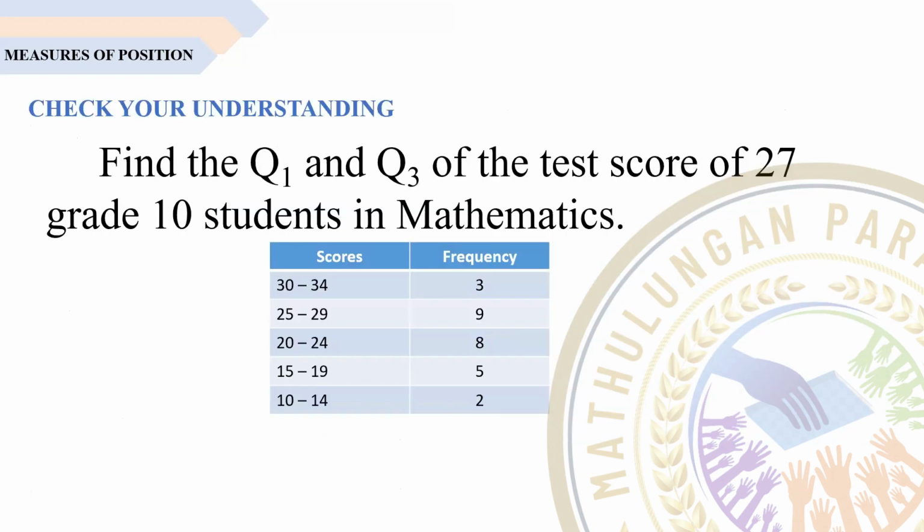Now, let us check your understanding. Find the quartile 1 and quartile 3 of the test score of 27 grade 10 students in mathematics. So, ang scores from 30 to 34, there are 3. 25 to 29, there are 9 students. 20 to 24, there are 8 students. 15 to 19, there are 5 students. And 10 to 14, there are